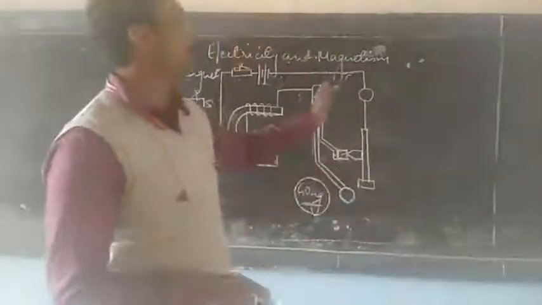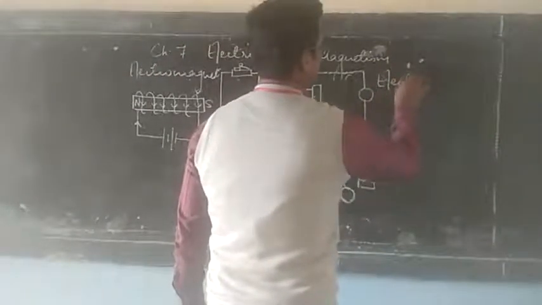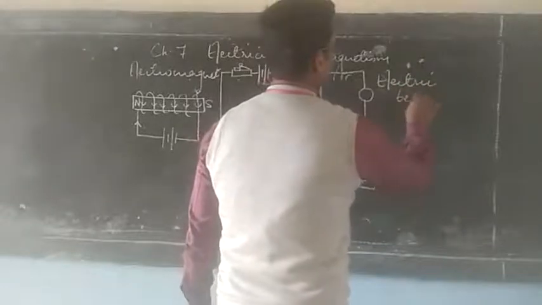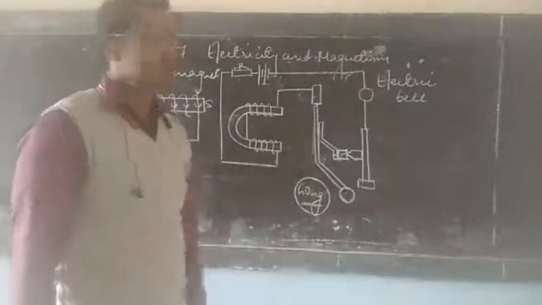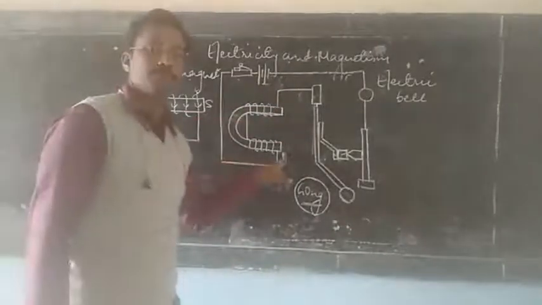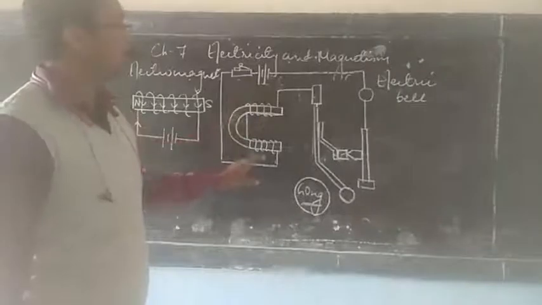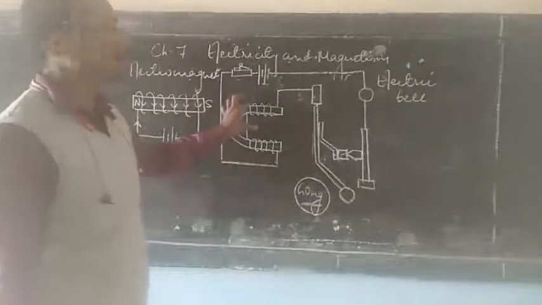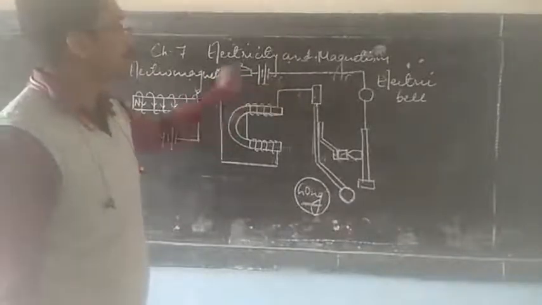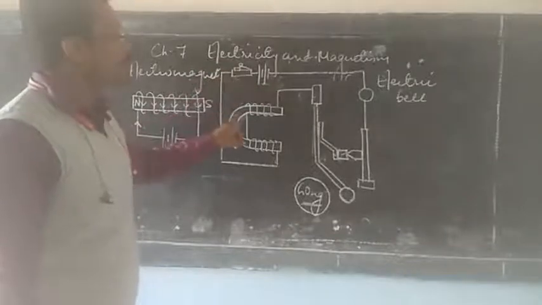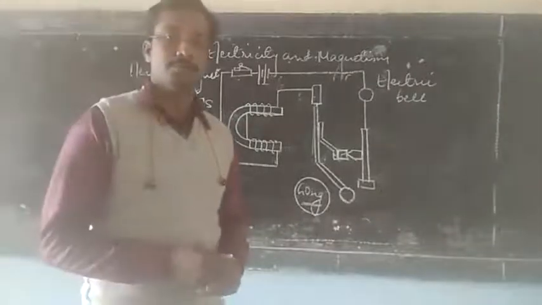Here I have drawn a diagram of an electric bell. Let us see how an electric bell works, because an electric bell also has an electromagnet in it. These are the arrangements of the electric bell. You can see a U-shaped magnet is taken, and we are going to magnetize it, or give it the property of an electromagnet, by passing current to it through the switch, and the battery is connected. So when you press the switch on, the current flows into this and will make this U-shape an electromagnet.